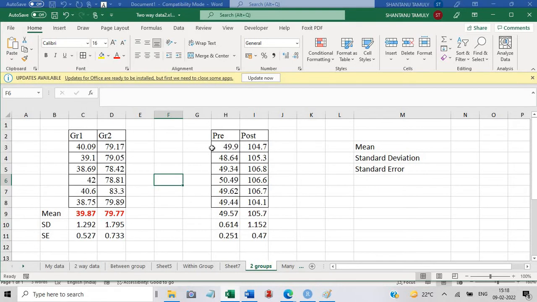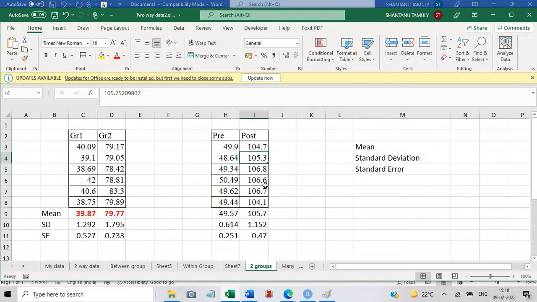Now in this case you have two independent groups, but in this other case you don't have two groups, you have only one group. The one group is before treatment, and that means in one group you have taken the data twice, before treatment and after treatment.